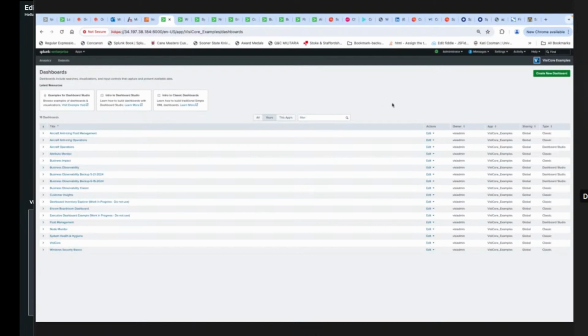A lot of people think that simple XML, because Splunk told them that, was limited in what it could do, and that Dashboard Studio had a lot more features that would make it easier for you to create useful dashboards. Well, some of that's true, some of it's false. I've got two dashboards on here, and one is classic and one is Dashboard Studio, and they'll both look identical. But let's go and look at something that you've probably not seen before.